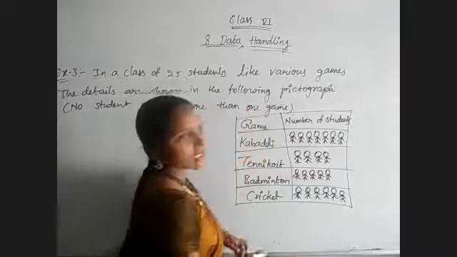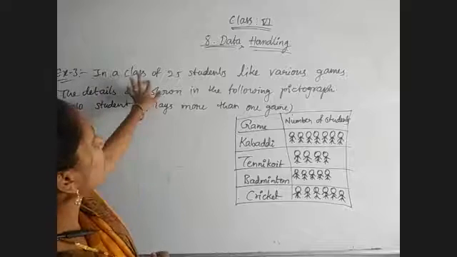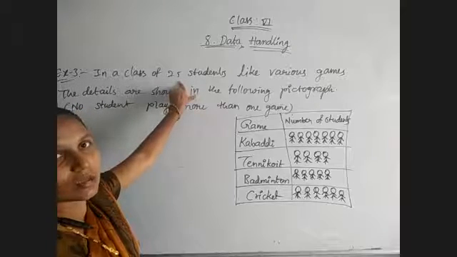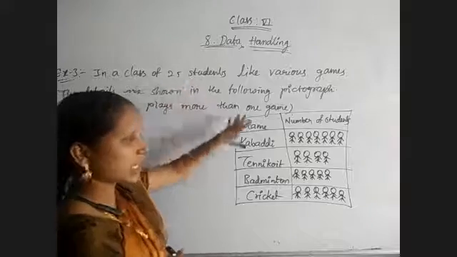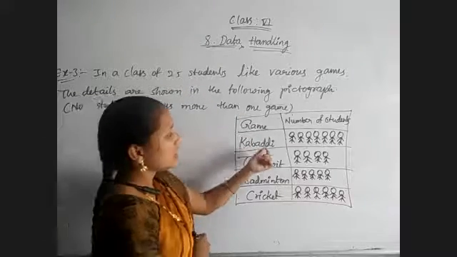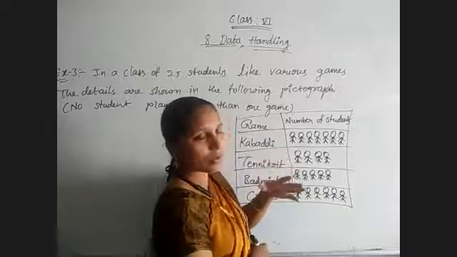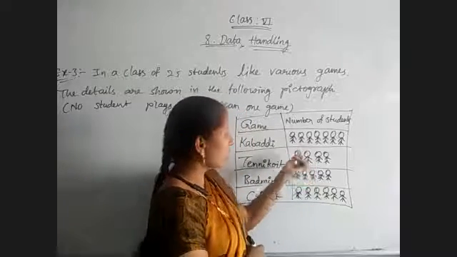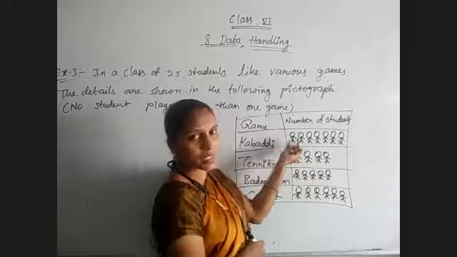So just observe, this is the given pictograph. Now just observe the question once again. In a class of 25 students, the total number of students they only mentioned in the question, and here the scale they did not mention. Why? Each symbol, if you are taking 5, just before we have chosen, no? In the previous problem. If you are thinking that one symbol is for 5 students, that is not the correct way.